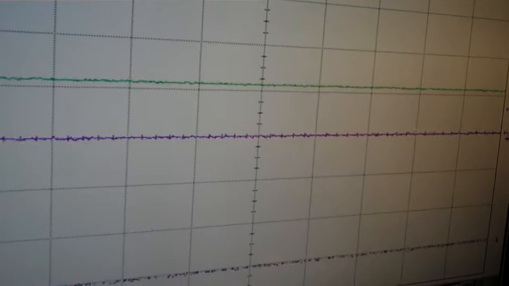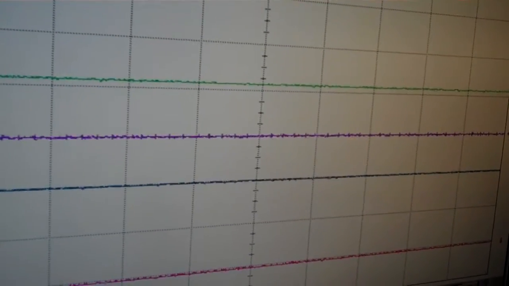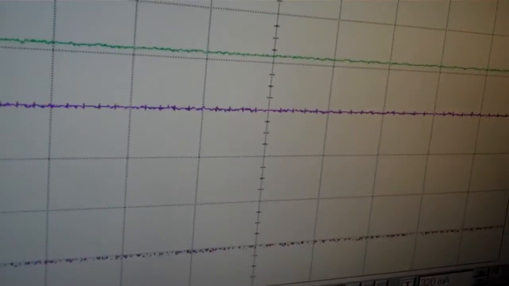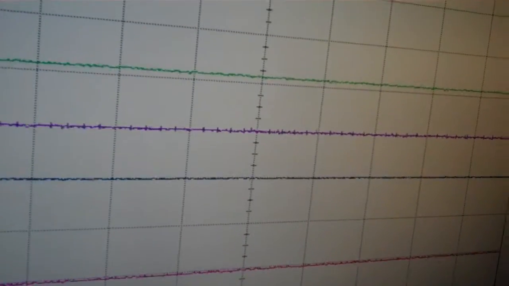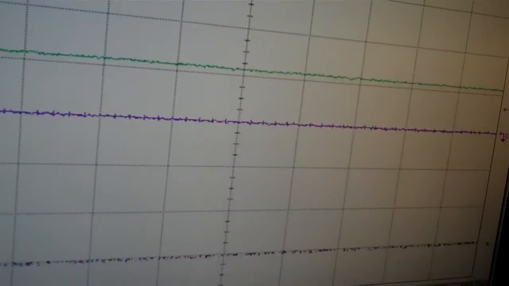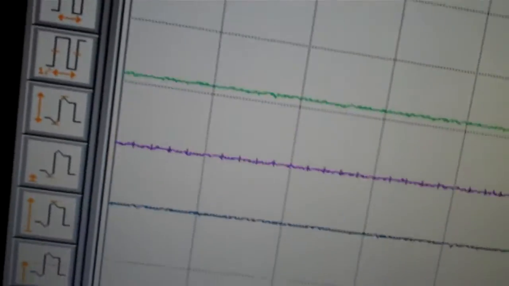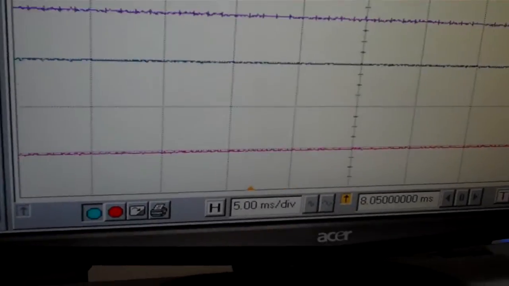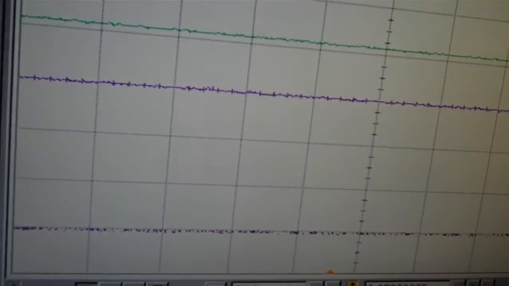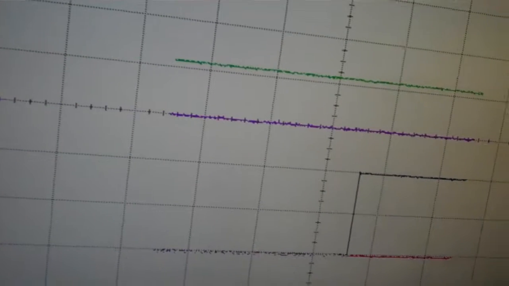Okay, this is the second video for EES, and in the first video we showed basically the normal operation of the board. In this case, we already noticed that signal; I have it at 5 milliseconds per division. Keep in mind that this is all at 60 Hertz, not 50 as reported, but we can see that we have